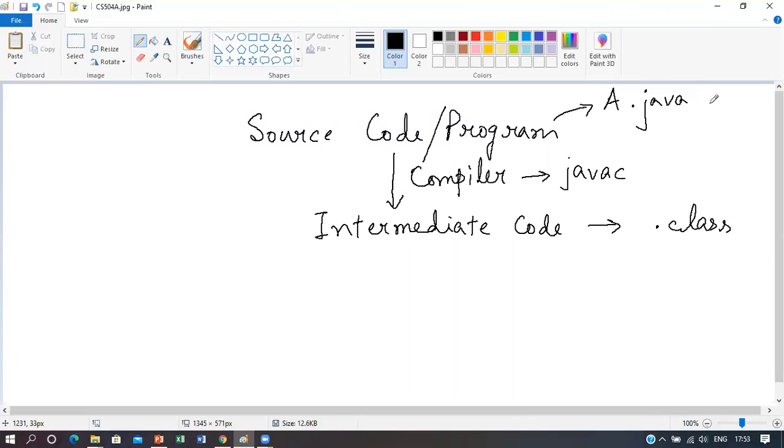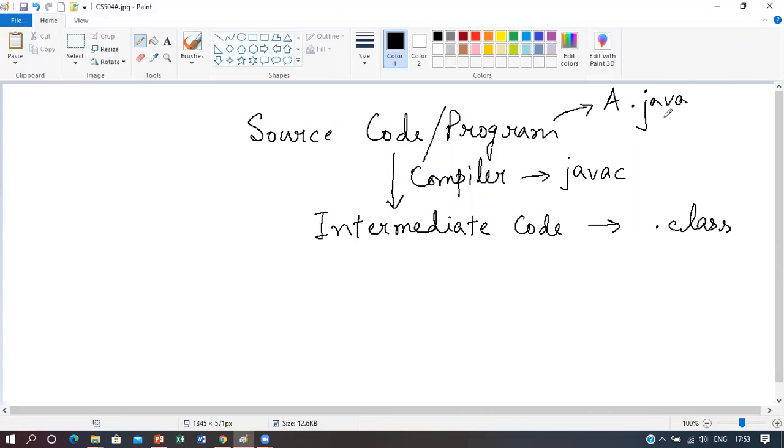Like you have learned that all the C programs always have the extension .c, and all the C++ programs always have the extension .cpp. Similarly, the Java programs also have the extension .java. So if your file name is A, then the complete file name will be A.java.